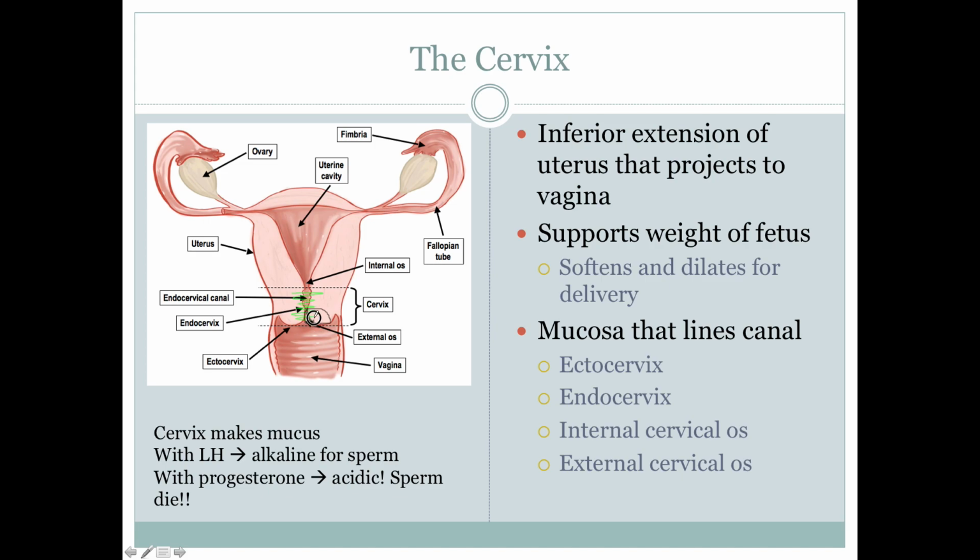So let's say somebody had an abnormal pap smear and it turns out they have cervical cancer or a precancerous lesion. The way that they treat that is to cut out the area surrounding the lesion. So they want to get rid of the little tumor, and then they're going to cut out the surrounding area to make sure they got all the bad cells. But now you're missing a big part of the cervix. So if you didn't do anything and that woman got pregnant, there's not enough cervix there to support the weight of the fetus as it grows.